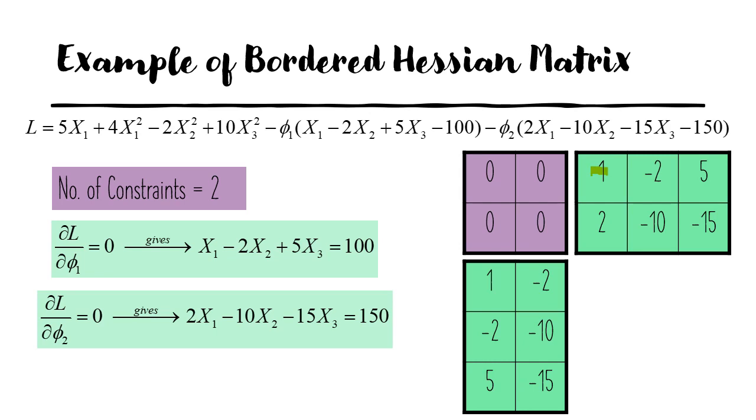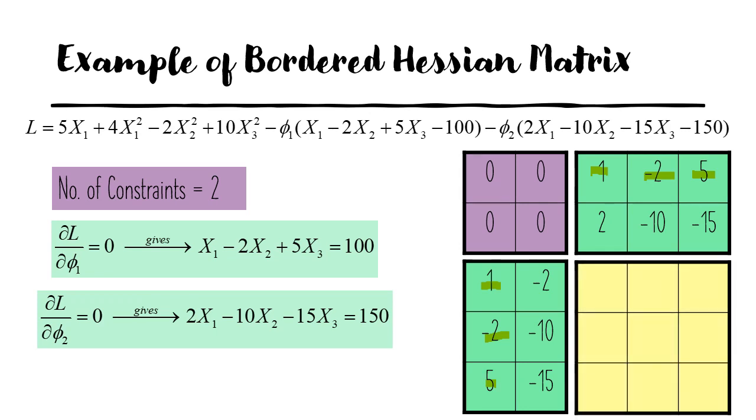So this one is here, and this minus 2 is here, and 5 is here. So it is just a transpose matrix. Now the next step is to identify what the matrix is here. You can see this will be a 3 cross 3 matrix, so it depends on the number of variables. My number of variables is 3. In my objective function, I have x1, x2 and x3. These are my 3 variables, so I am getting a 3 cross 3 matrix.